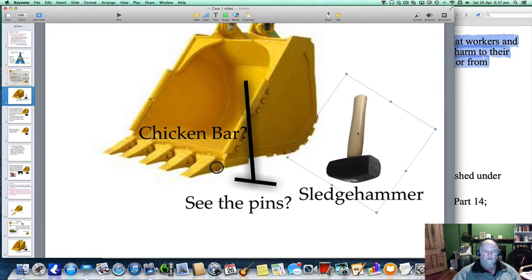So if that employee had a composite mallet, the likelihood is they would have used that. You can make it a very strong regulation: never hit the steel if you're removing pins. Only use a composite head mallet or a mild steel mallet. I'm not actually sure they make mild steel mallets, to be honest with you, but anyway, if they do, use